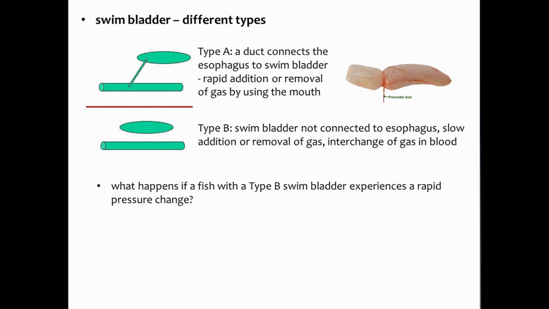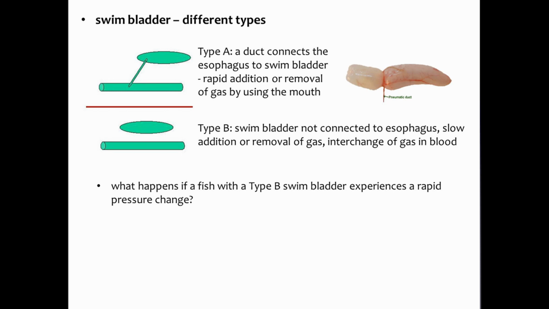The other type of swim bladder, though, is type B. And what we see is we don't see that ductwork. We don't see that connection between the esophagus and the swim bladder itself. So here we have to rely on the interchange of gas within the blood. Blood's flowing through this whole system. Blood carries oxygen with it. That oxygen is going to get diffused into the swim bladder. So we see a very slow addition or removal of gas within the swim bladder, which means that with these